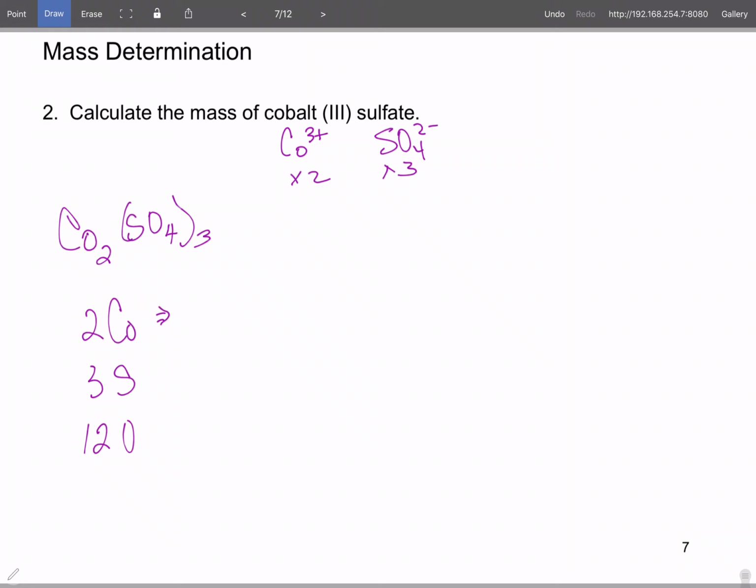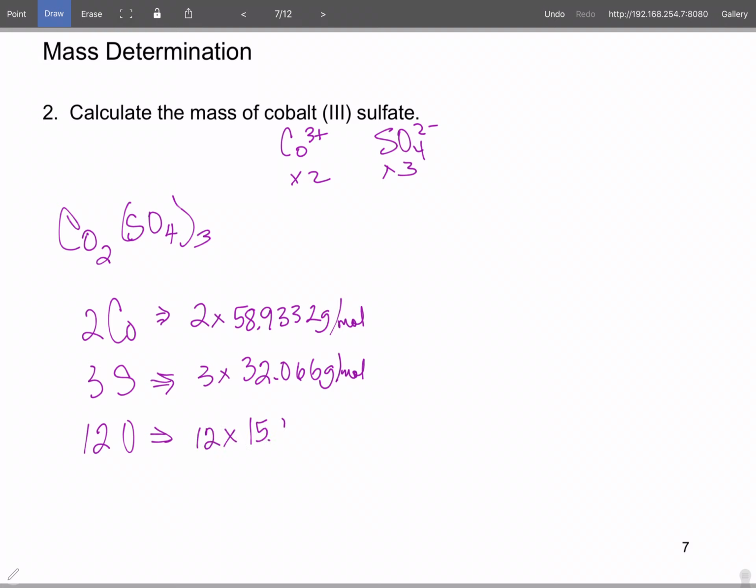So again, if we look it up, that's 2 times 58.9332 grams per mole. Sulfur is 3 times 32.066 grams per mole. And oxygen is 12 times 15.9994. And remember, you want to use whatever is on the periodic table. So we end up with a value of 406.0572 grams per mole. If you did not use the periodic table that I gave you and you're using a different one, that's okay for a lot of things,